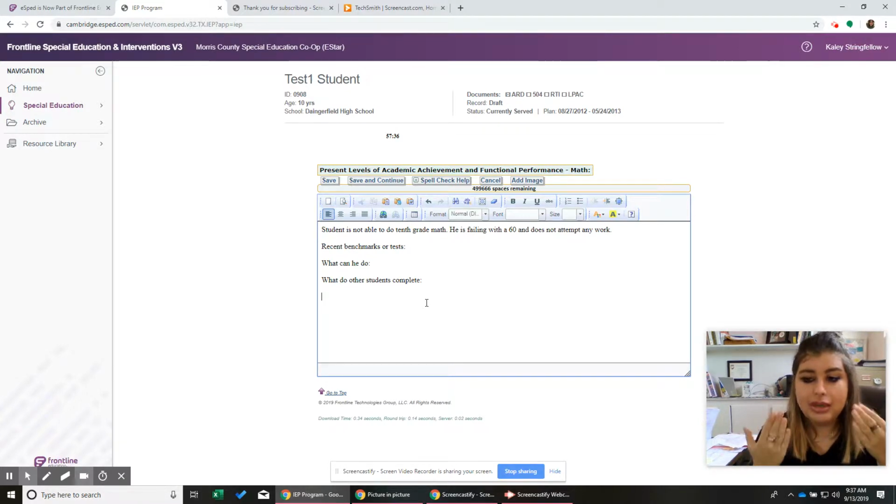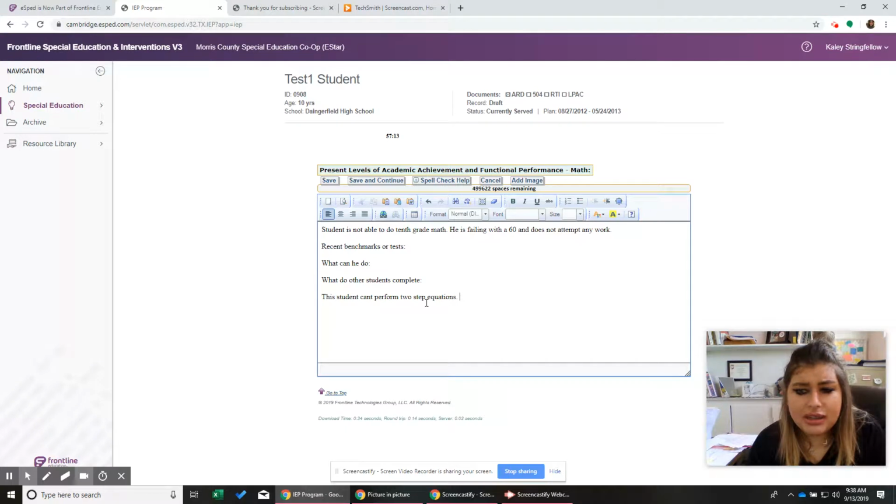Sometimes there's multiple major things. Let's just try to narrow it down to one. So let's say this student can't perform two-step equations at all, and they're in algebra 2, and they're on the struggle bus. So they can't perform two-step equations. Our first thing is, is the teacher giving them their accommodations? Do they know how to use the calculator? That calculator is complicated.